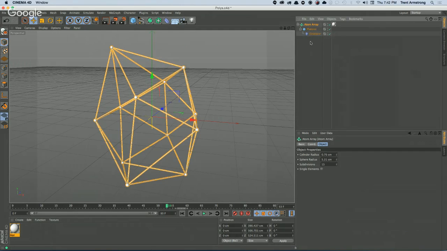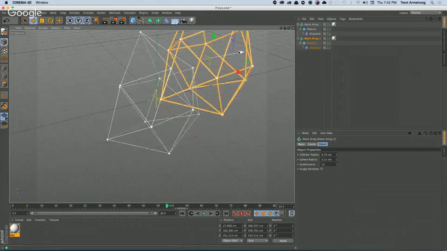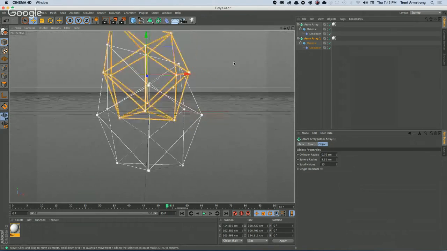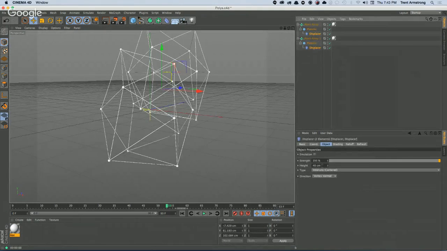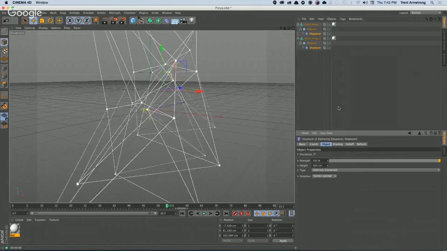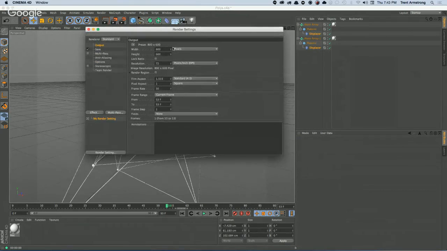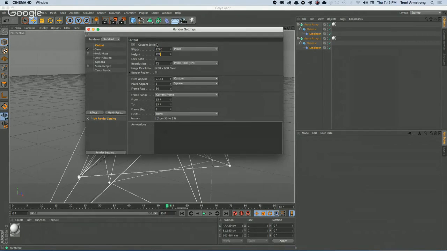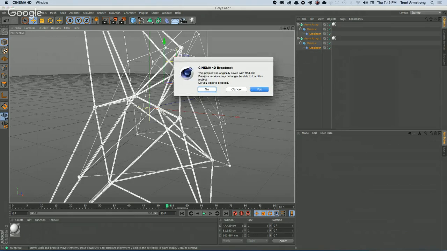Then I can duplicate the atom array like that and just kind of move it over a little bit. So it's kind of sitting with that guy. That's kind of cool looking. And select those displacers. Give it that kind of thing. Then I'm going to do my render settings, which are, I know they're Command B. And I'm going to make this 1280 by 720. Let's do 60 frames long. And then when I save that, let's see,